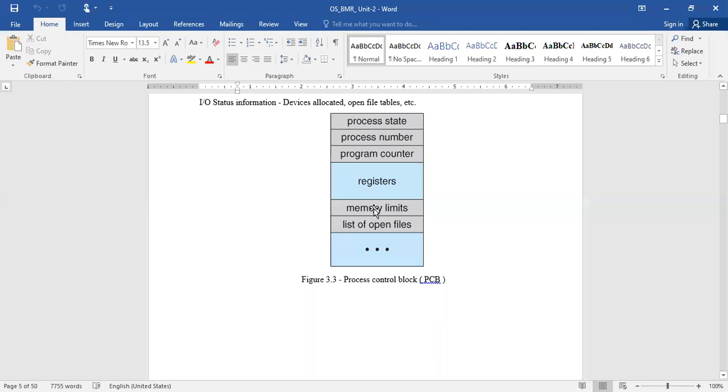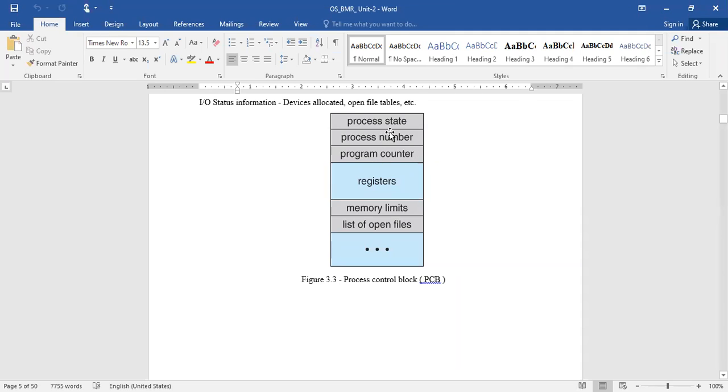Now, this is the PCB. What are the fields in the PCB? Process state. Process state means it could be any one of the 5 states: a new state, ready state, running state, waiting state, or terminated. At any given point of time, the process should be in any one of these 5 states.